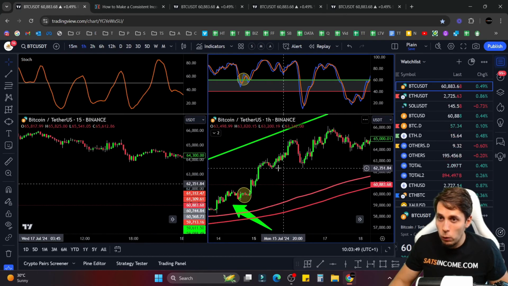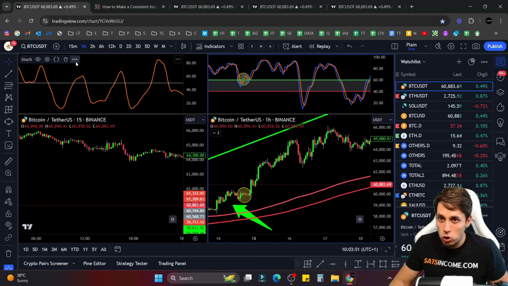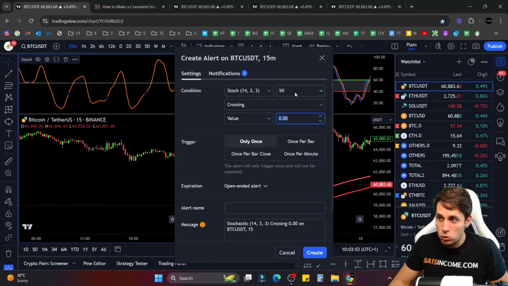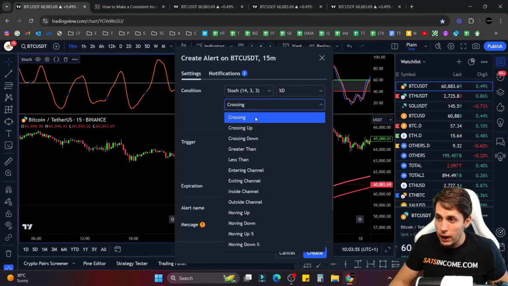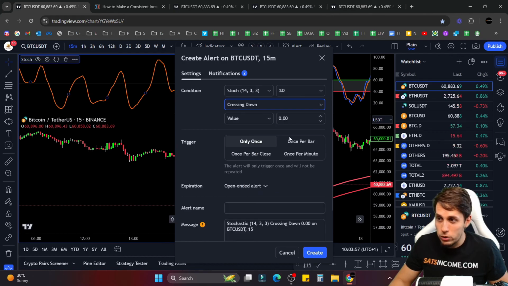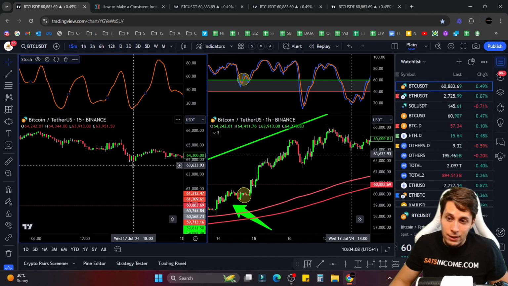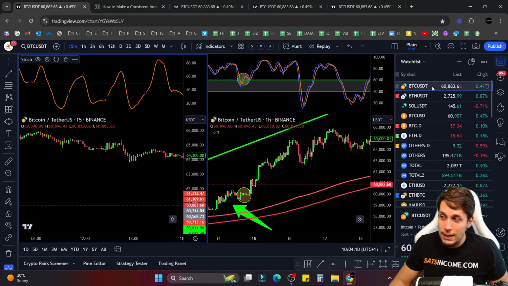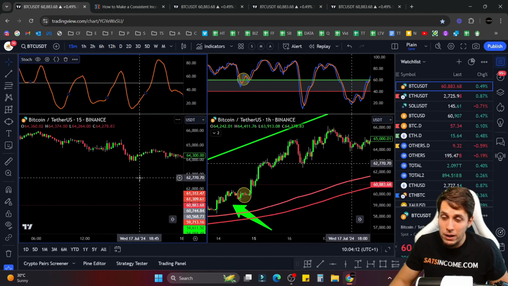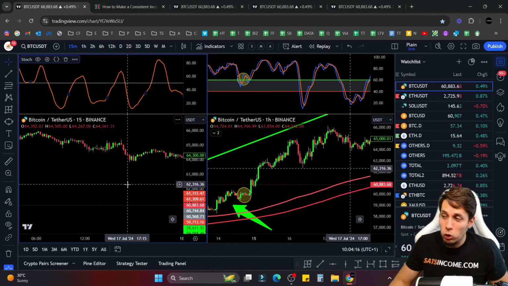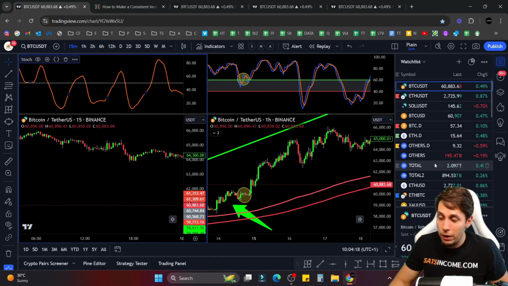The opposite is for when you are trading short, right? When you are trading short, that's what you're going to do. Add alert on stochastic %D crossing down, this time the 50 level, and you're going to hit create, right? This is what adding an alert for 1 pair looks like, but you can actually add alerts for many pairs, right? If you want to trade multiple pairs simultaneously, you can add alerts for as many pairs as you want,